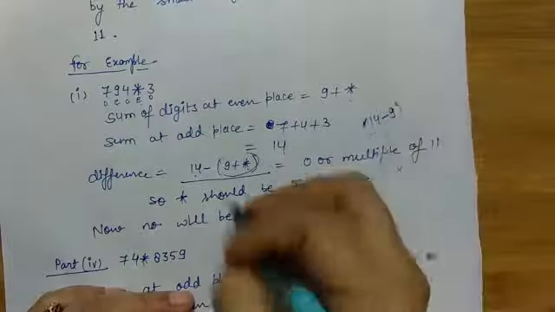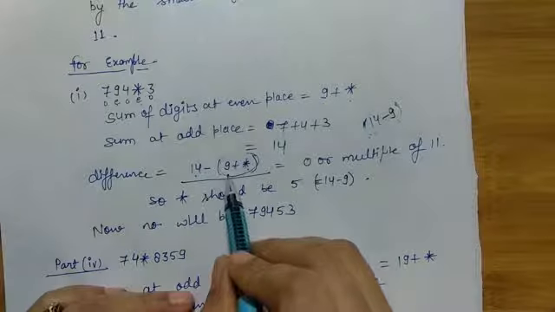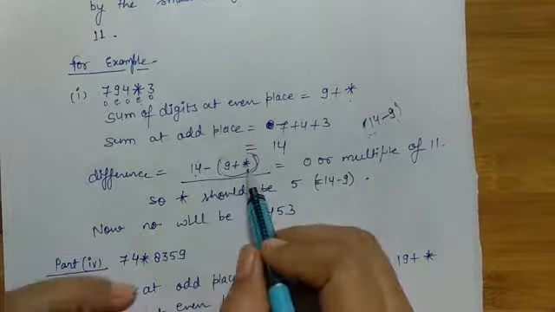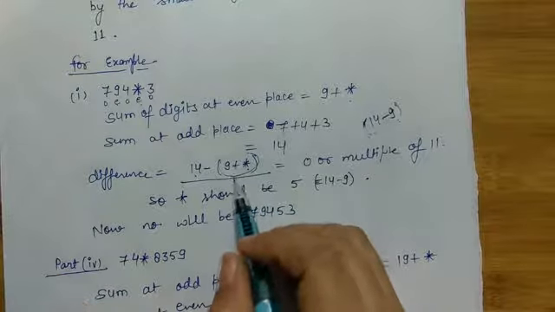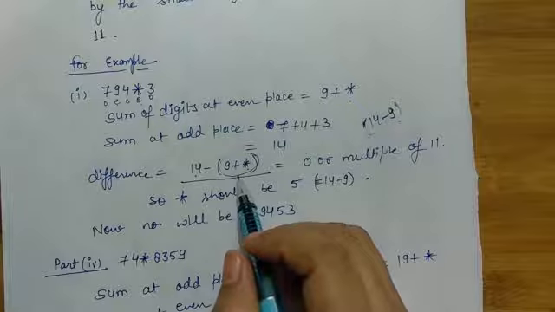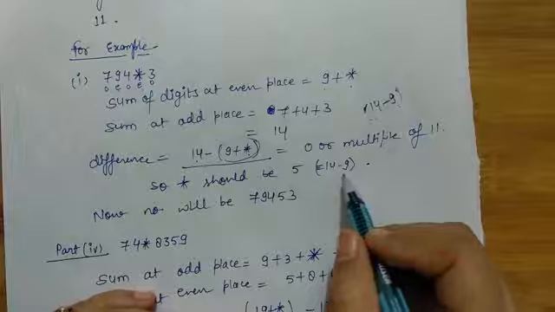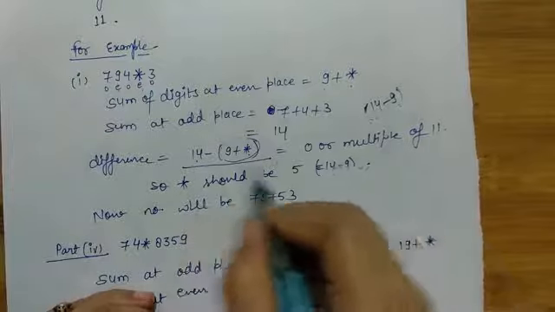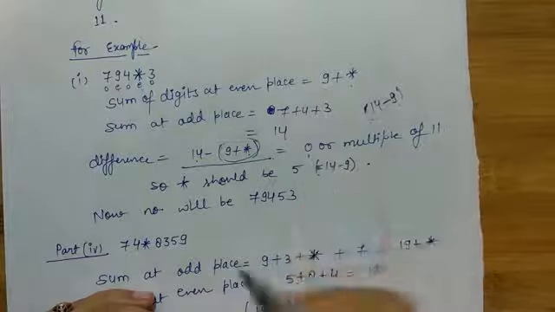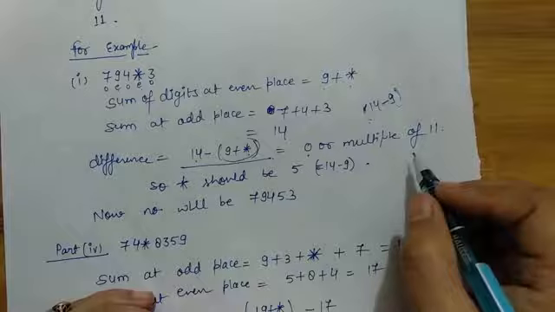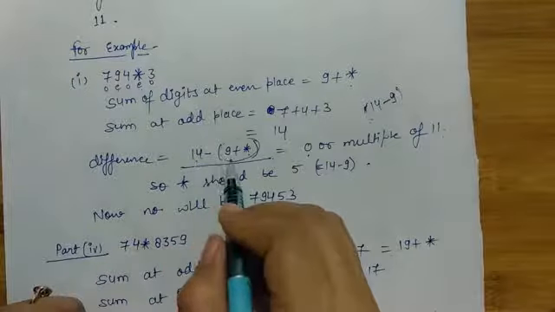So how will we get that here should be 5? Because we should know first 14 minus 9 is 5, and if you will place minus 5 over here, it will come plus minus 0, as you have studied the integer part also. So we can say now asterisk should be 5 over here, which we have got from 14 minus 9. Means this difference should be 0 or a multiple of 11. So first we have to go for 0, then we will move on to the further multiples of 11 like 11, 22, 33 and so on, if they are a bigger number as an addition.